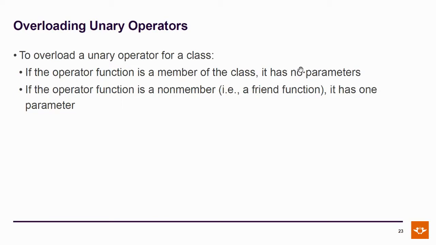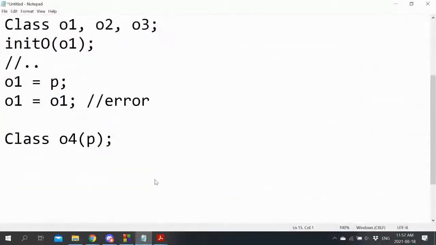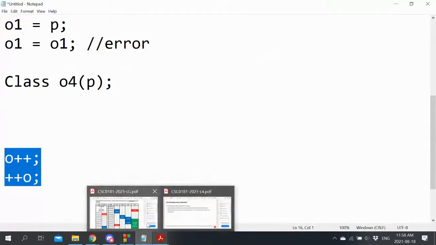However, we'll see plus plus and minus minus are slightly different, because you do need to differentiate between these two cases. We've got object plus plus or plus plus the object. Your logic will be slightly different. So there is a parameter in one of these two cases just to distinguish between the pre and post version of that function.